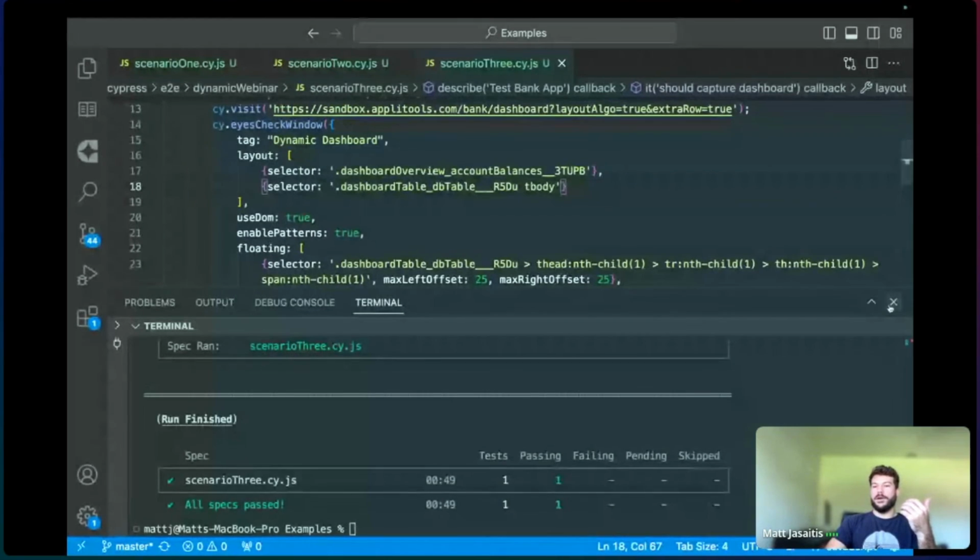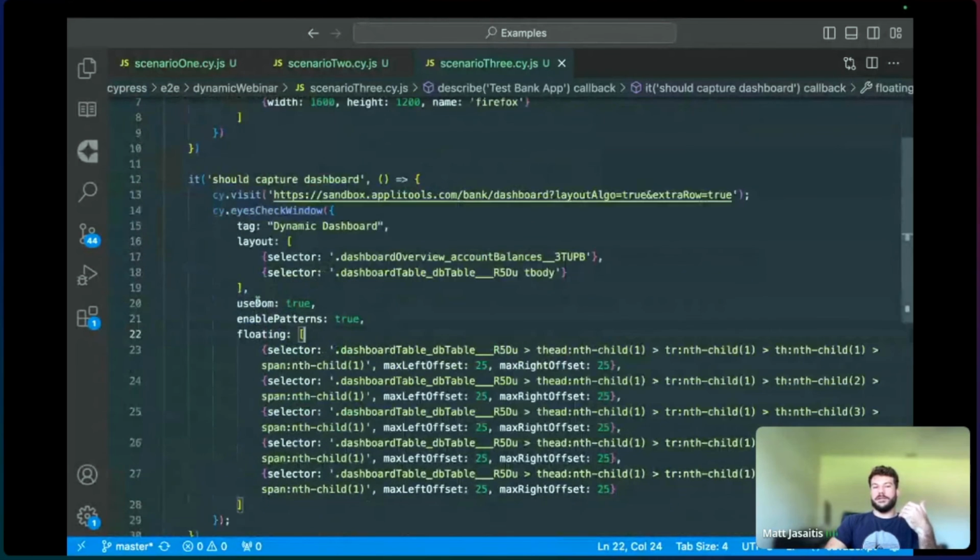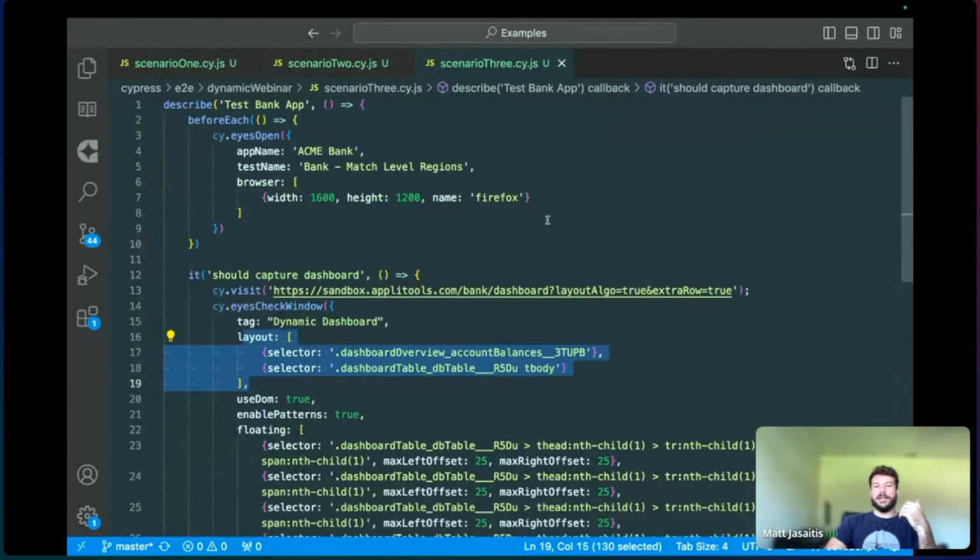So he says the source of truth is the baseline. Do I need to draw the region for each baseline if I need to test different resolutions and platforms for the same test? That's a great question. And that leads me back to why I decided to create the regions for my baseline from the code. If we were to expand this to, let's just add in